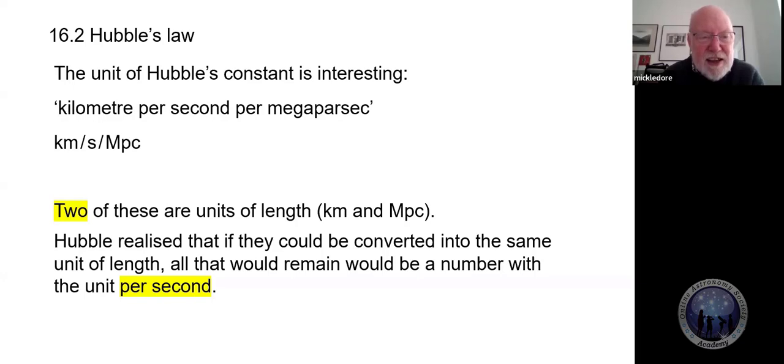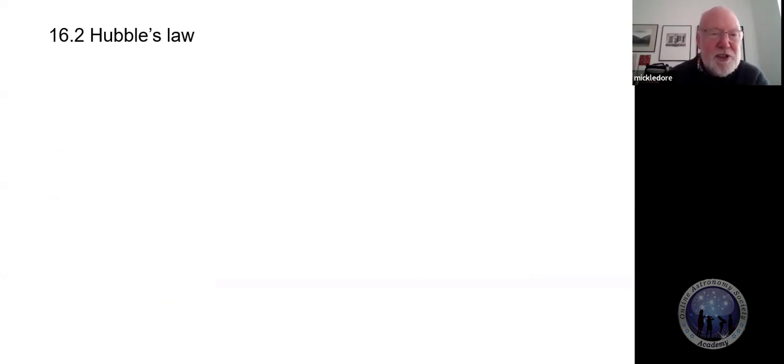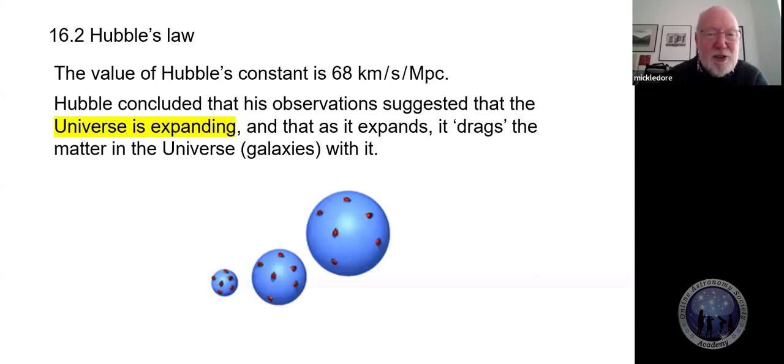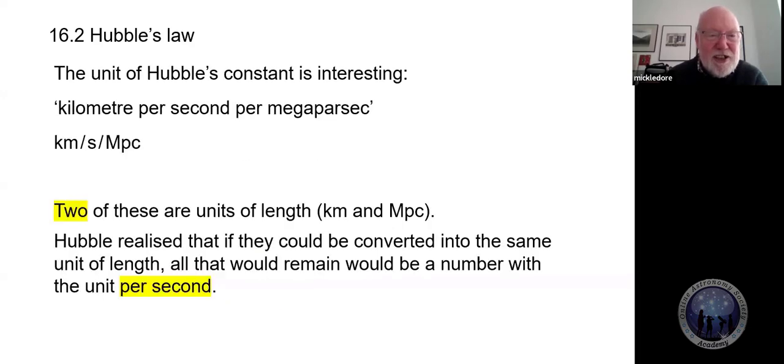So what's its value? I always forget its value. It's supposed to be constant. It's more or less established at 68 now. So if you do 68 kilometers per second per megaparsec, and then underneath the number of kilometers in a megaparsec, which is a big number, you will end up with a very, very small number, which has the unit of per second.